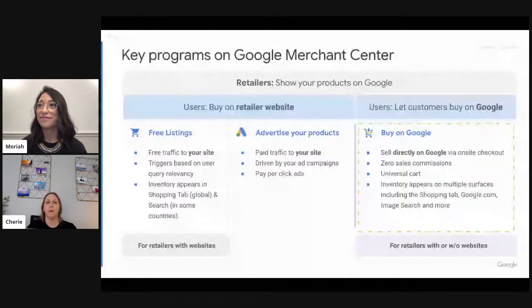We're here to help merchants get discovered with an open and flexible platform that allows you to choose which channel suits your needs. You can now list on Google for free, and your listings will appear across Google services. You can also choose to advertise those listings to drive even more traffic to your website. And finally,